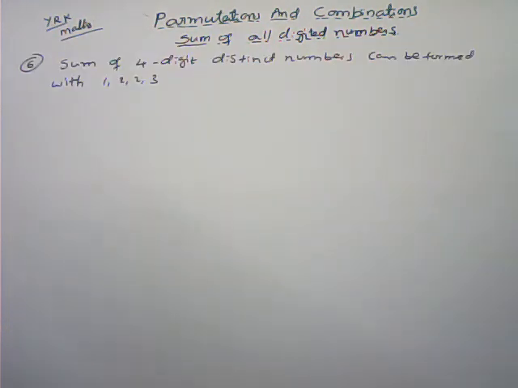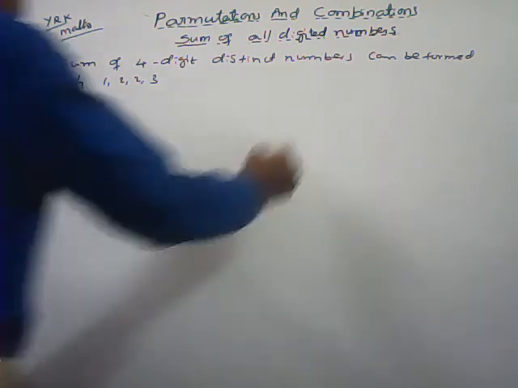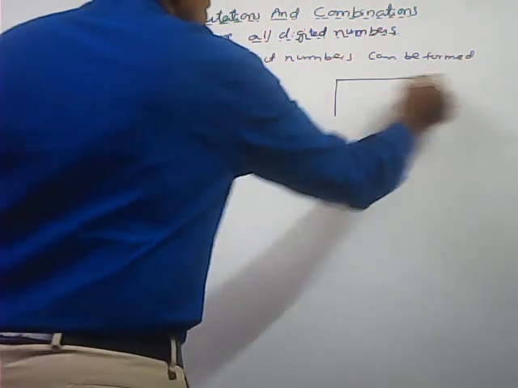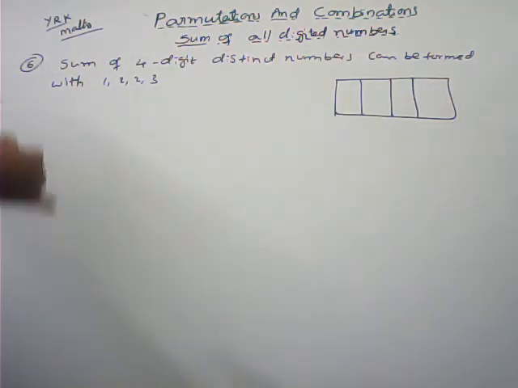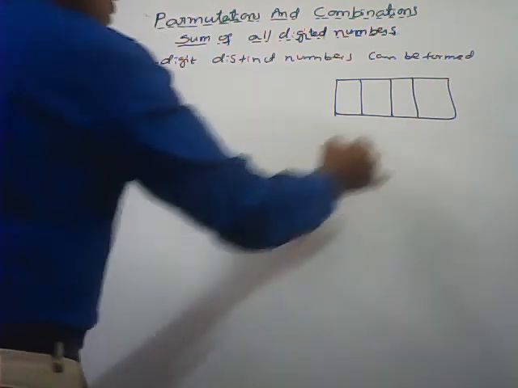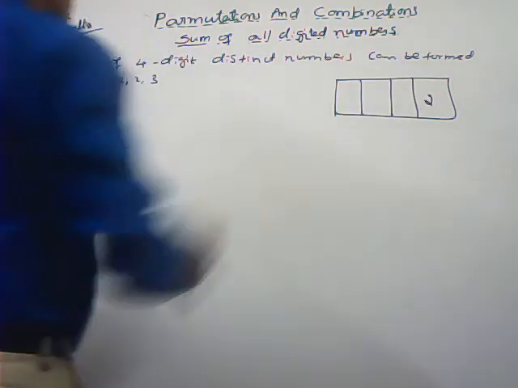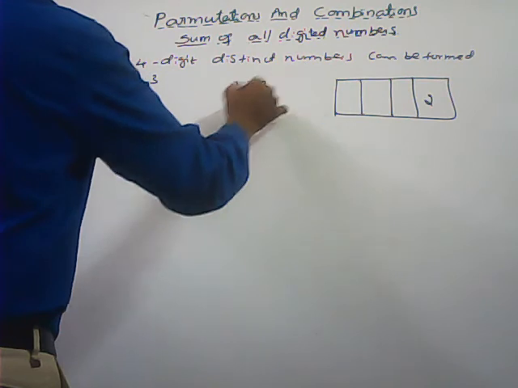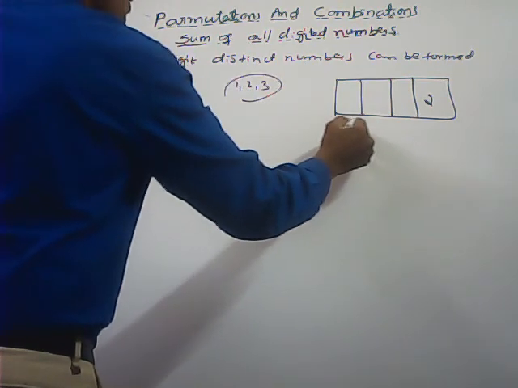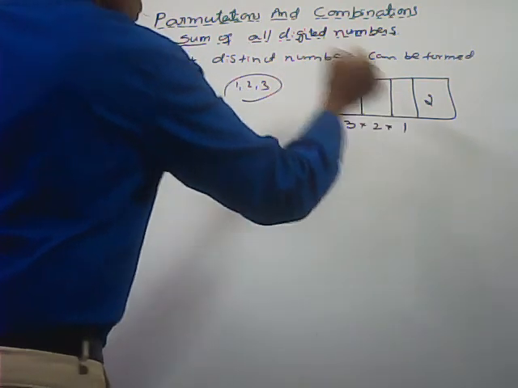Next one more. The sum of 4-digit distinct numbers that can be formed with 1, 2, 2, 3. Here everywhere we can choose only one thing. How many times, in every position, whatever the digit, how many times is it repeating? That is very, very important. For example, I am keeping 2 here. If I keep 2 there, one more 2 is there, and 3. So this one can be filled in 3 ways, this is 2 ways, this is 1 way.